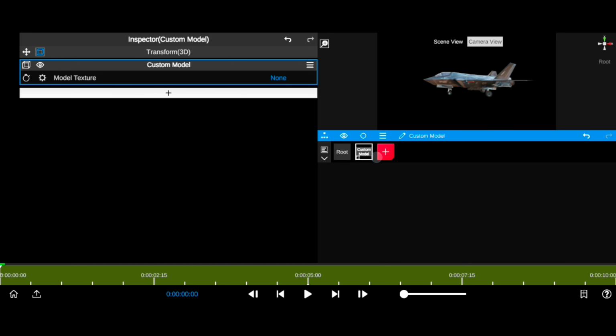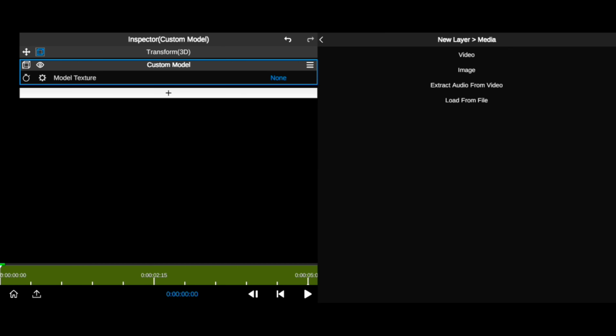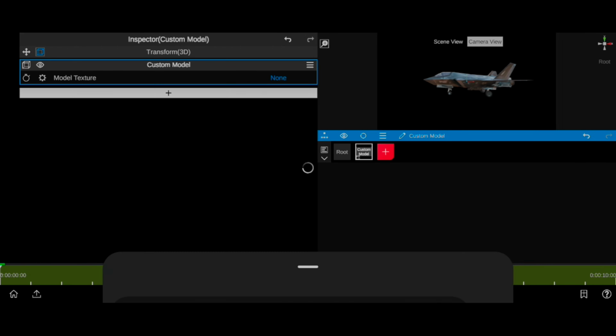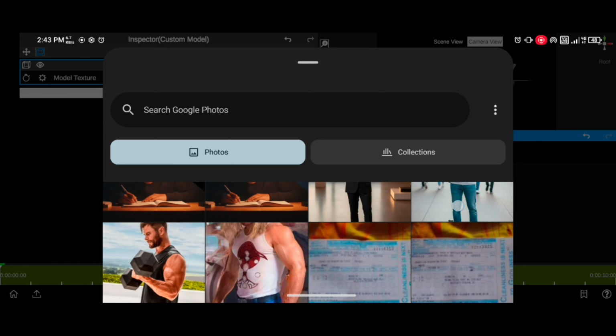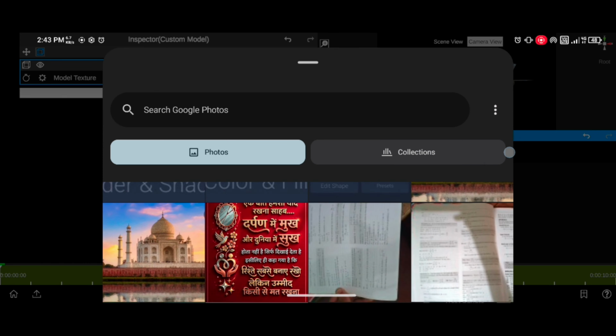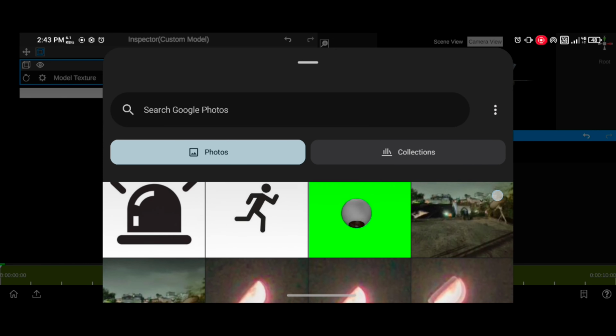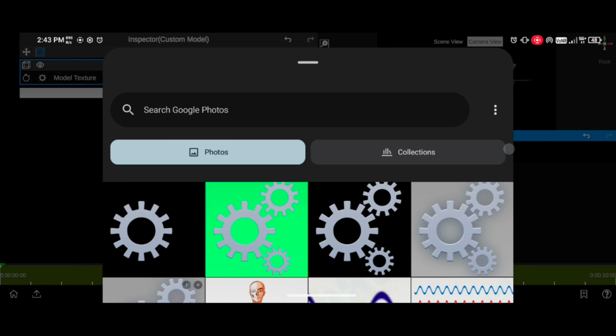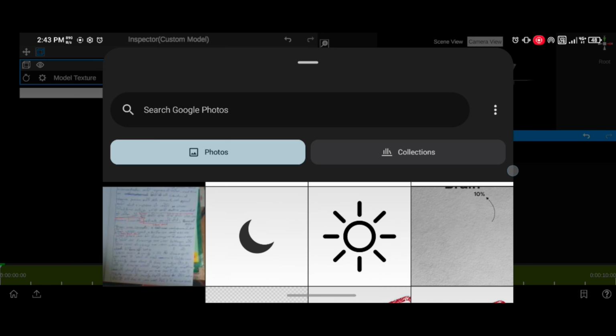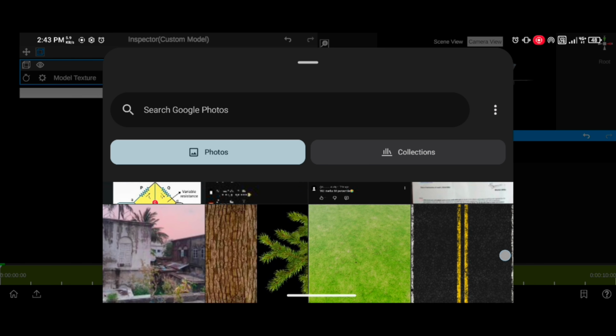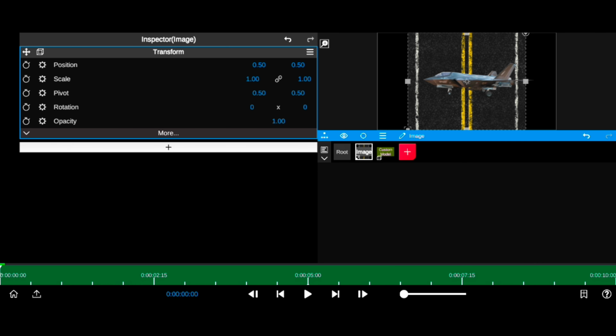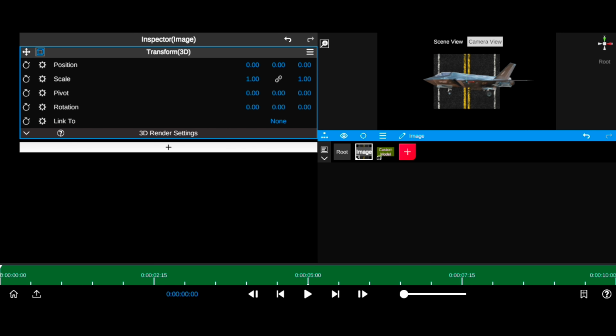And again tap on plus icon, media, image. Select the road PNG, tap on 3D to,